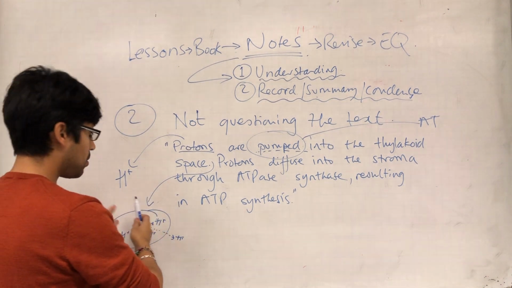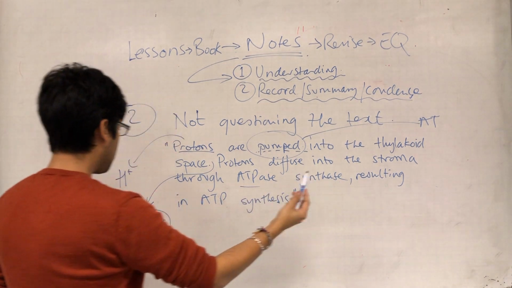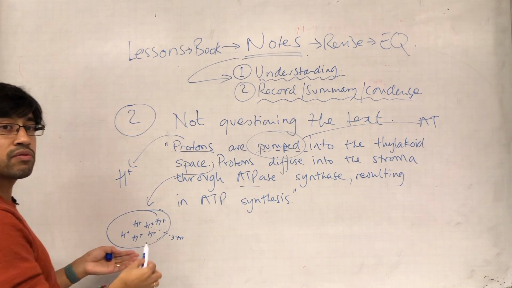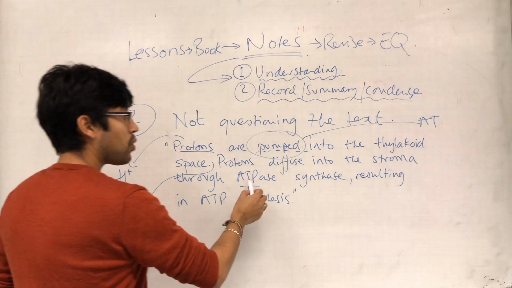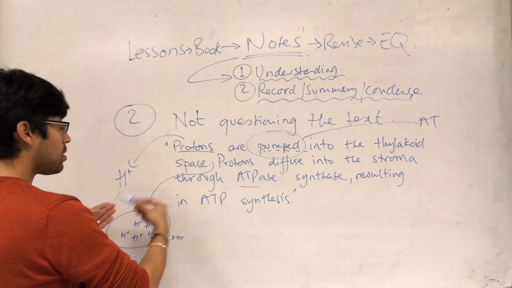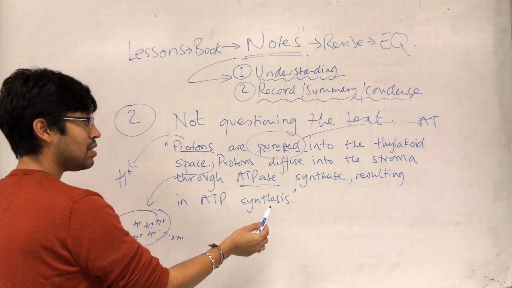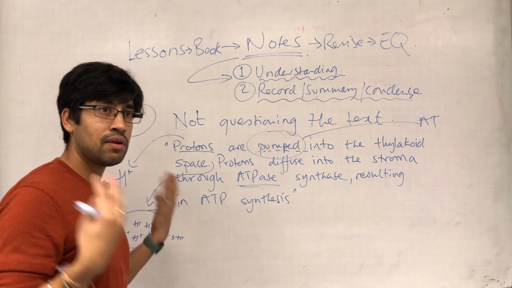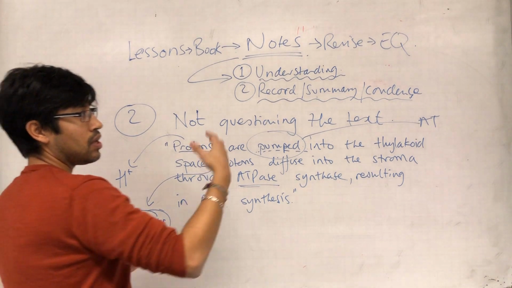Okay, what's allowing them to move down that gradient is ATP synthase, because protons are positively charged and they can't move through membranes directly. And so ATP synthase allows that diffusion, and in that process, ATP synthase being an enzyme that synthesizes ATP, that now makes sense. Now, obviously, I'm a biology teacher, so that's going to make sense to me,